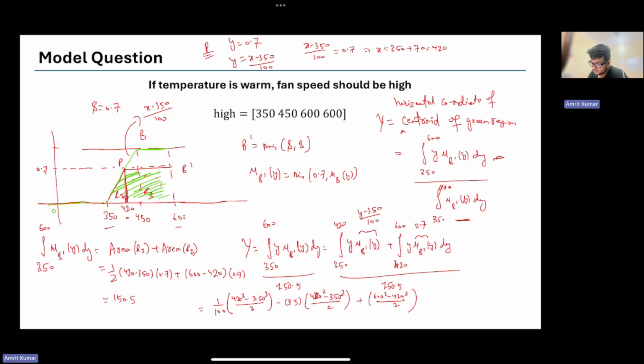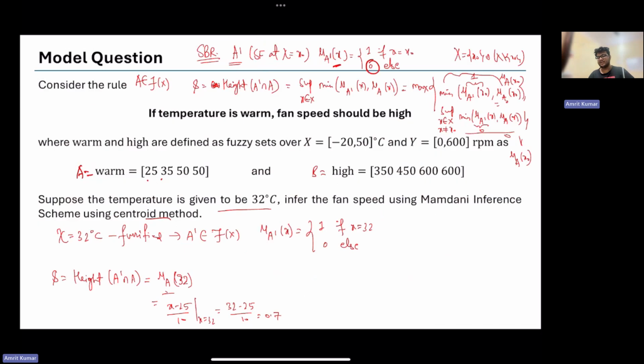And then you need to divide the whole thing by 150.5. And when you do that, this turns out to be 491.55. So in other words, when your input temperature is 32 degrees centigrade, using the Mamdani inference scheme along with the centroid method for defuzzification,